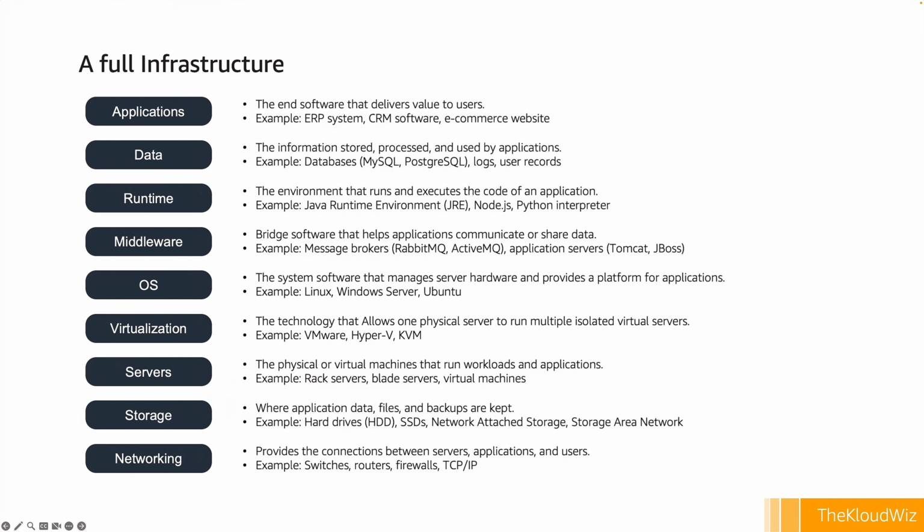So at the very bottom, as far as the cloud providers are concerned, they manage the networking, the storage, the servers, up to the virtualization layer. Now, the level of control comes in with the type of service model that you are using. On top of that, for infrastructure as a service, you as a customer will now manage the operating system, the middleware, the runtime, the data, and the application that is running on the cloud infrastructure.